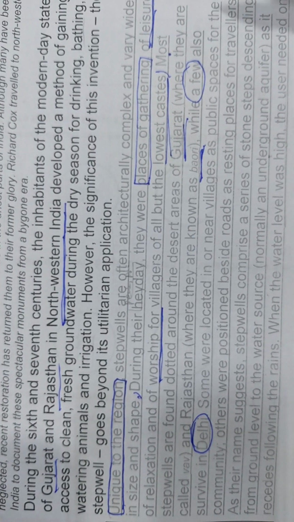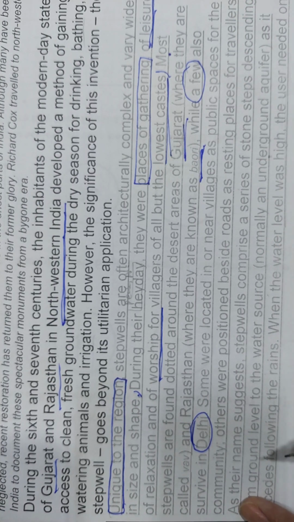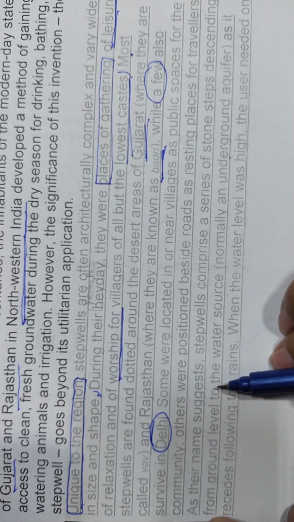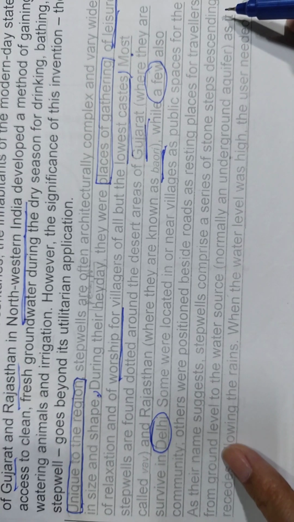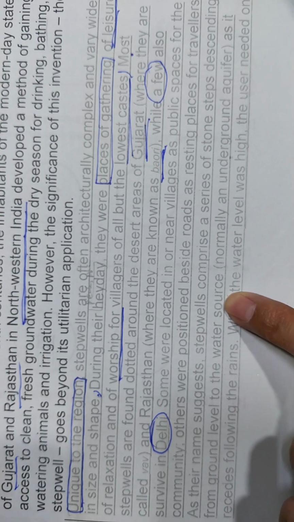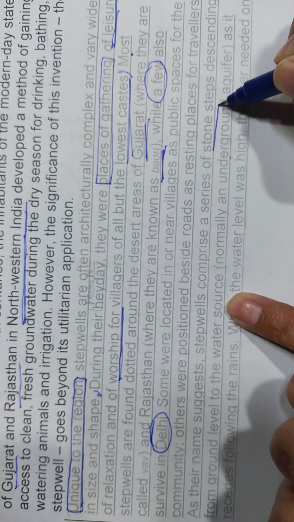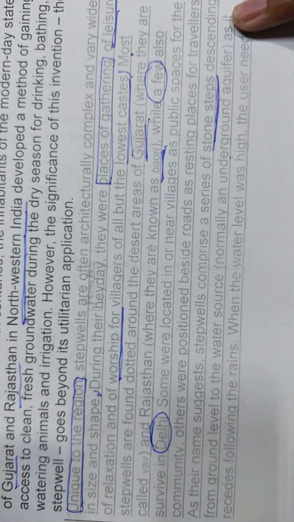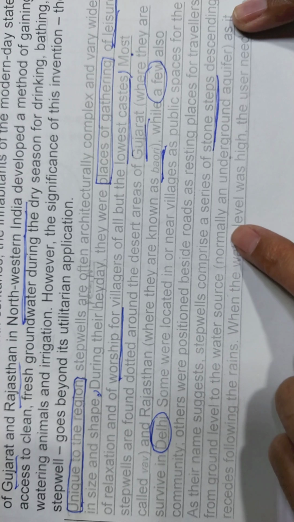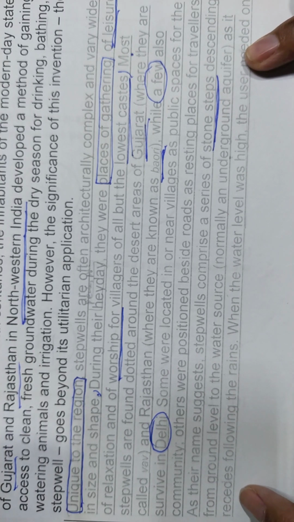I will start to search my answer from where I have finished my previous answer. As their names suggest, step wells comprise a series of stone steps descending from ground level to the water source. So we were looking here for our first keyword, stone steps. So there is the word stone steps. Descending means going down from ground level to the water source,